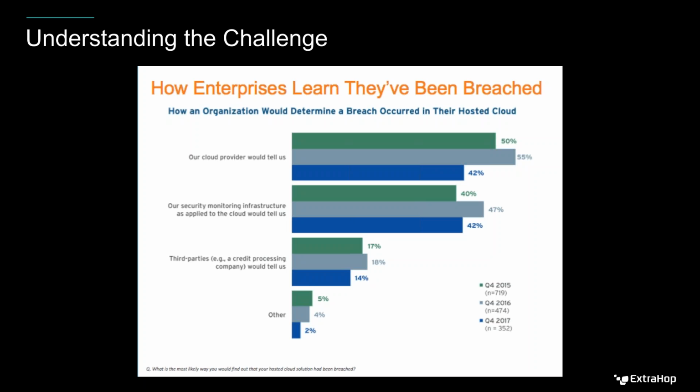So still in a lot of cases, we have the cloud provider being relied upon to tell us when something bad has happened. Some organizations are adopting their own security tools, hoping they'll fit into the cloud, into this new model that people are adopting. Or in some cases, we have other third-party credit companies, for example, or completely different monitoring tools in place that